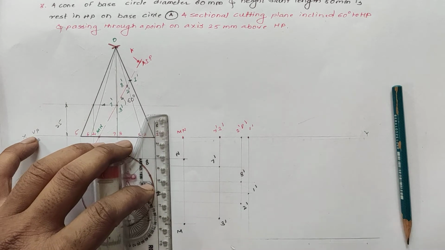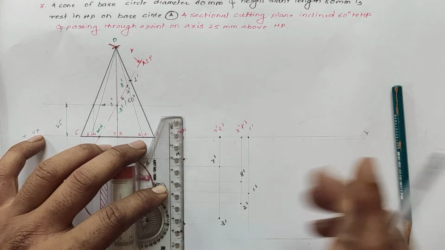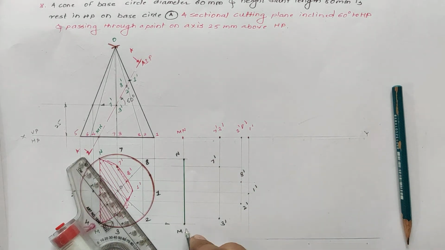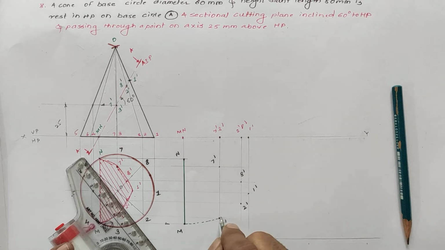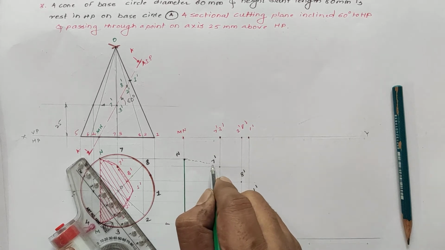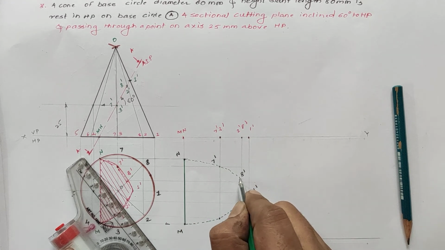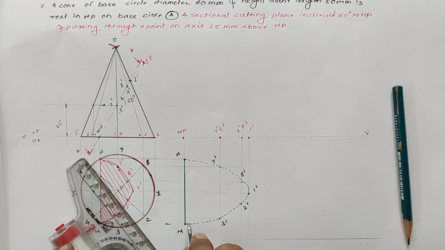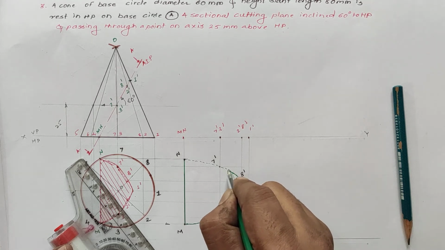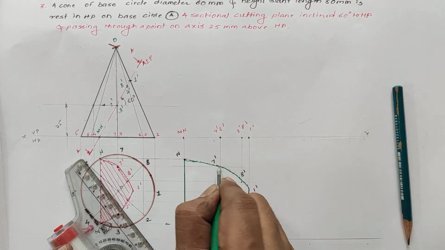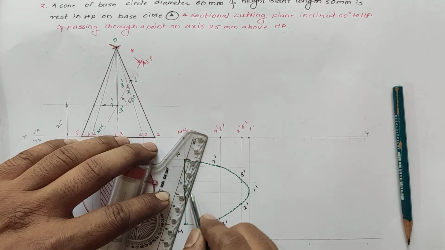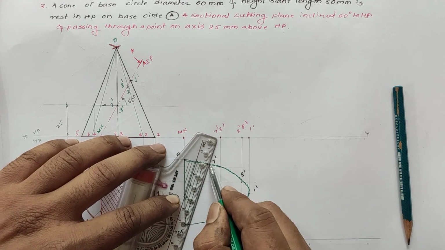And the same, we can connect the points M and N with a straight line, and the remaining points first connect with a dotted line, and then draw the dark line. This is the true shape of section. And the hatching at exactly or near about 45 degrees, parallel lines.